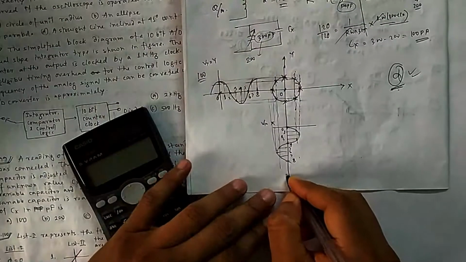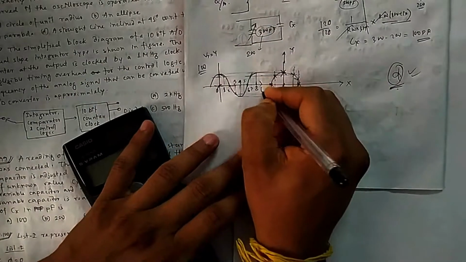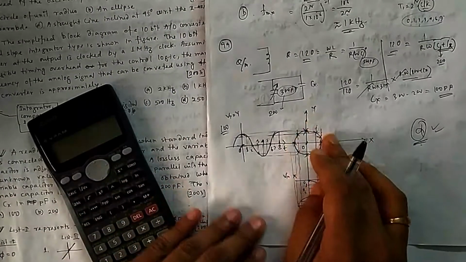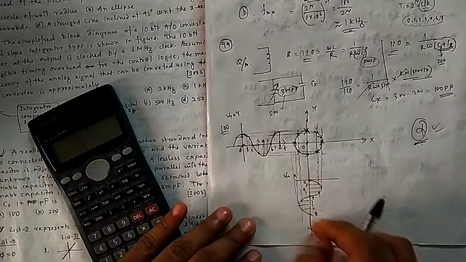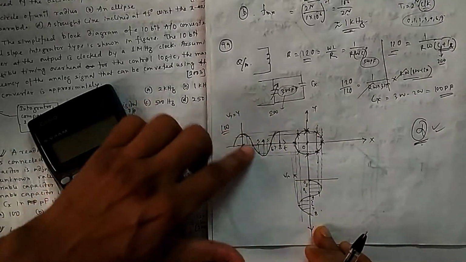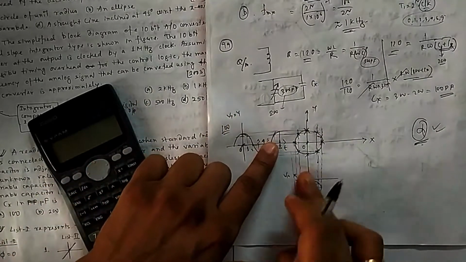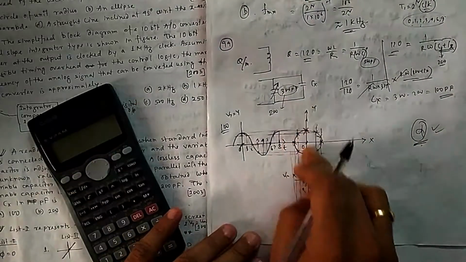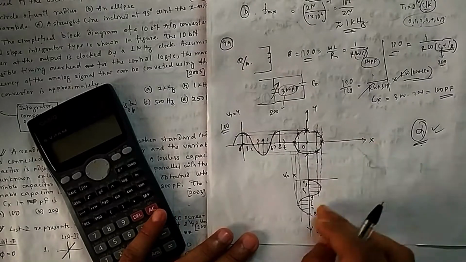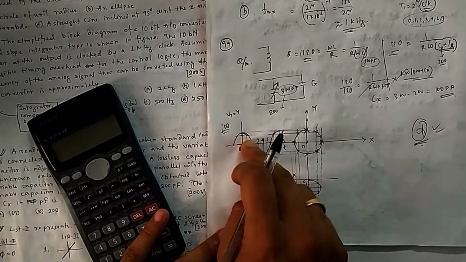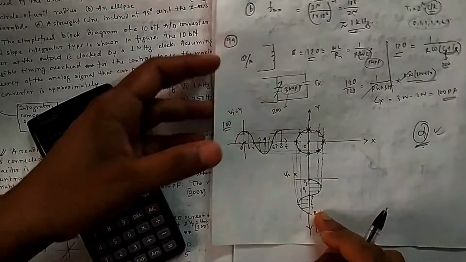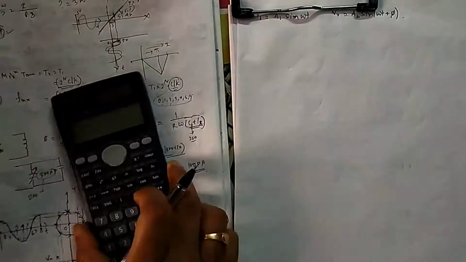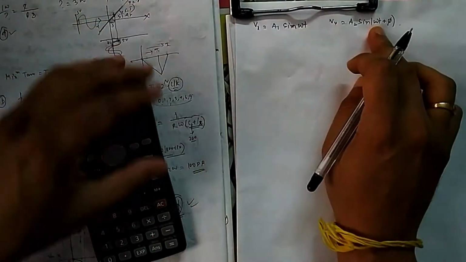You are eliminating t, because this is with respect to time, this was also with respect to time. But the final graph is between x and y. So you eliminate t from these two equations. This is the equation of y and t, this is the equation of x and t. What you are doing, you are eliminating t from these equations and finding a relation between x and y. Getting x from x, getting y from y. Eliminating t. So the same concept we are using. So you will be eliminating t from these two.